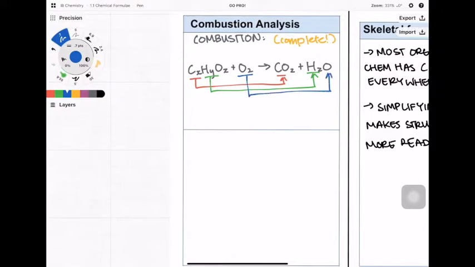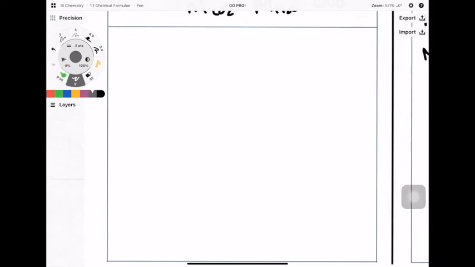This is important because we're going to be using these masses to determine the mass of carbon, hydrogen, and oxygen. Now, in order to answer these questions, you need three different masses. You need the mass of the initial unknown compound, so the mass of your CHO, whatever ratio it is. You also need the mass of carbon dioxide and the mass of water. So we can take a look at an example where we have a compound that's only made of carbon, hydrogen, and oxygen,